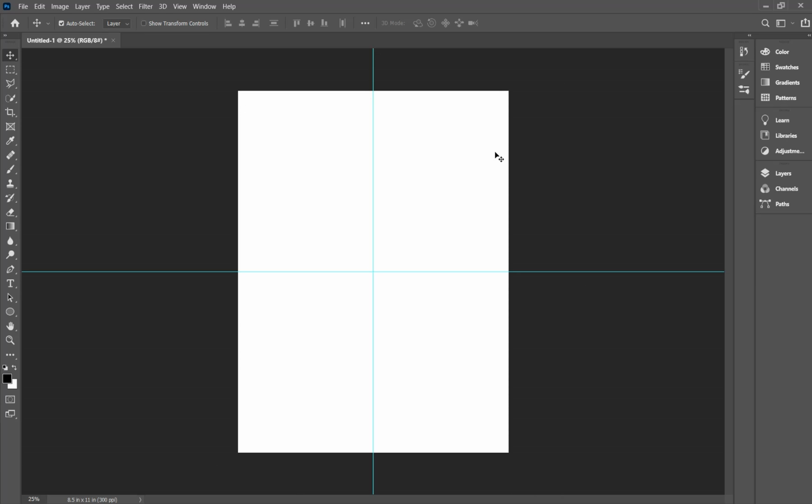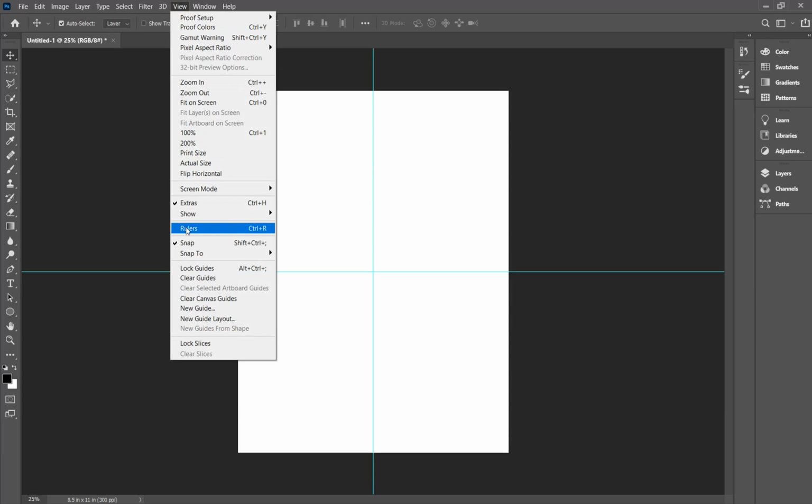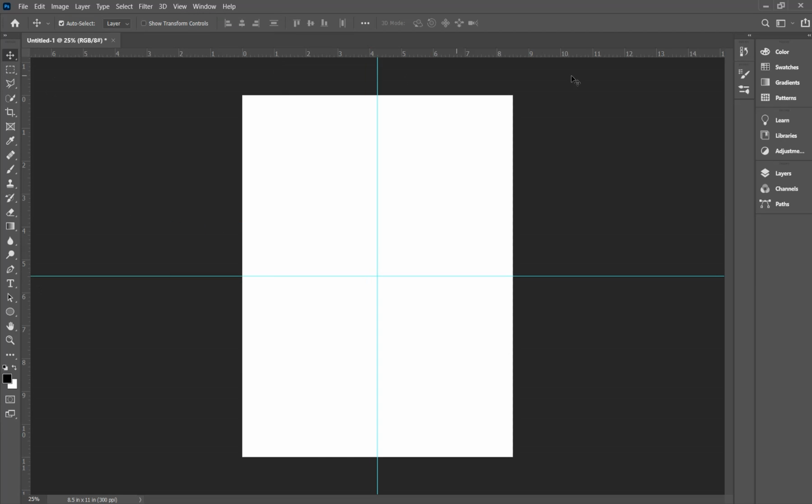Obviously it's an 8.5 by 11, but say you brought in an image and you didn't really know what the exact size of that image was, you'd be able to use the guides to tell them exactly where they needed to go. So now if I wanted to enable the ruler and use the ruler to input guides, and I knew the exact measurement of my workspace, then I can do a little bit more with that. So to enable my rulers, I'm going to go into View, and this button right here says Rulers. I'm going to click on that, and that just enabled my ruler